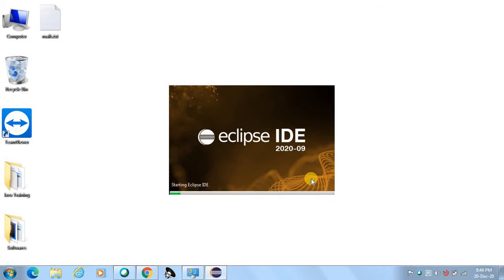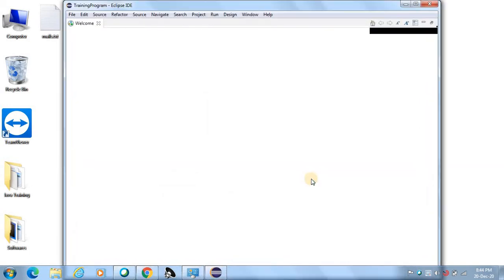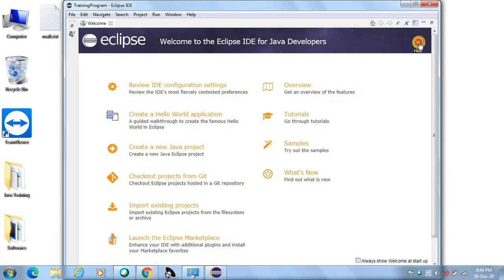Once you click on launch, your Eclipse window will open. What you have to do is create a Java project first, then create a package, and then create the class which you would like to run. So we are going to see that. Give it a minute to open the Eclipse IDE and then we will get started. Once the Eclipse IDE opens, you can see the welcome screen and you can hide that.